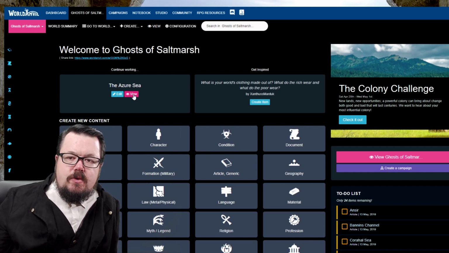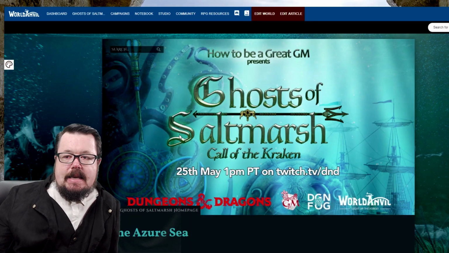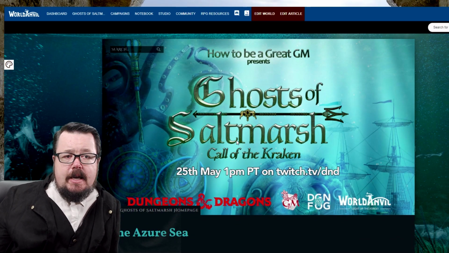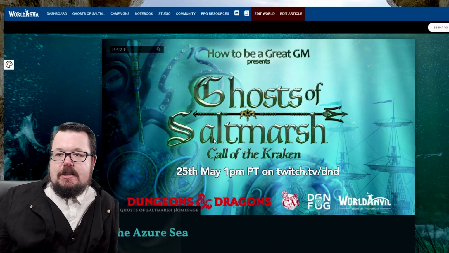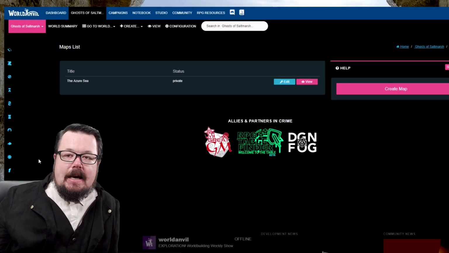And I want to show you this map here. Now, this is for my Ghosts of Saltmarsh campaign, as you can see there. This is the customized layout that you can do within that. This is not actually where I wanted to bring you. I wanted to take you to the map that I've prepared. Now, the map,